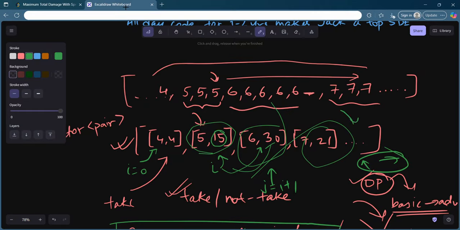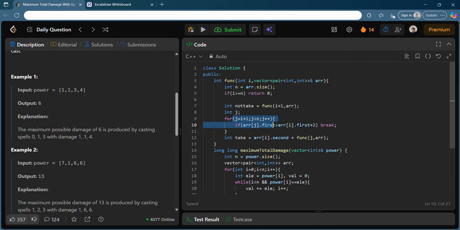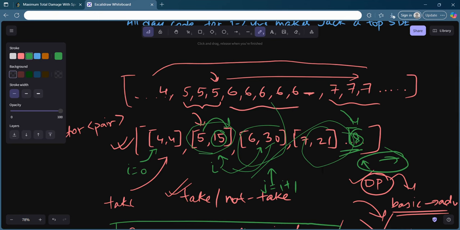And I will keep on iterating until I get some value, let's say 8, the value arr[j].first that should be greater than arr[i].first plus 2. So if that is happening, I can choose to take this element as my next recursive call. So I can just choose to break it, and you can realize easily that this loop will not go more than 2 places, because all are unique numbers, right? Now the array is very short and the numbers are really unique.